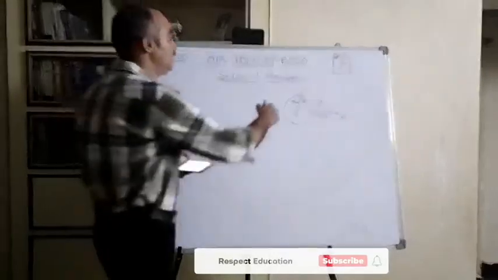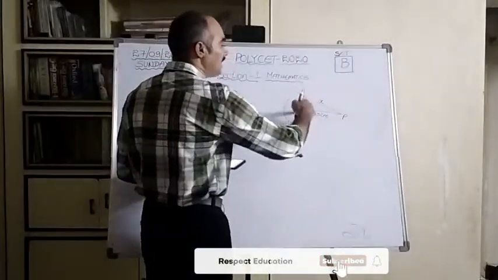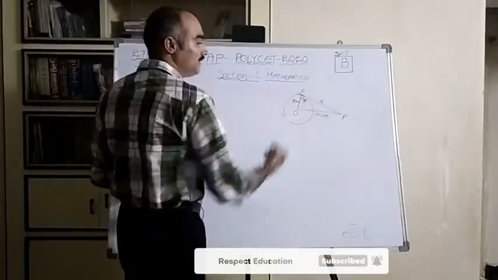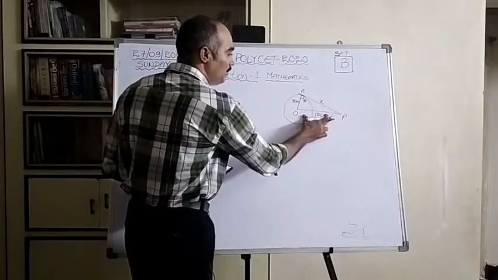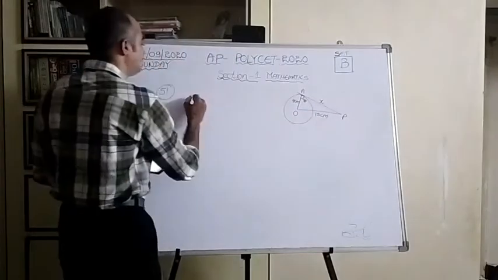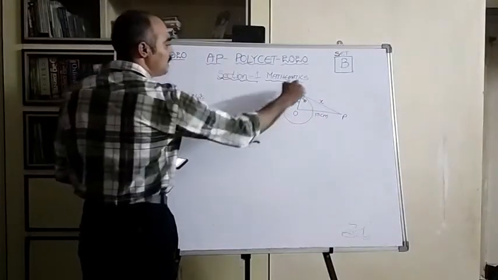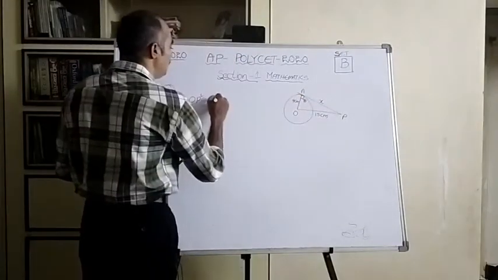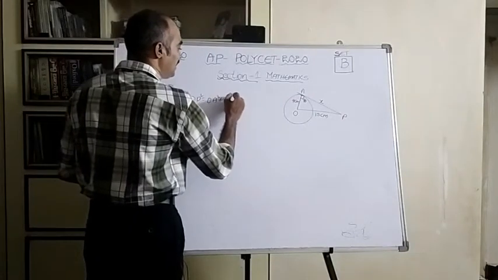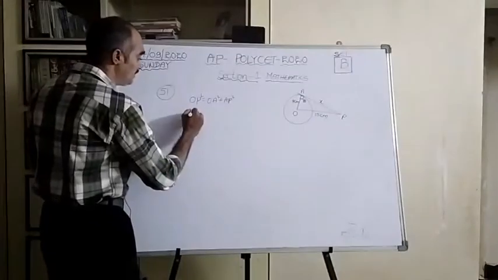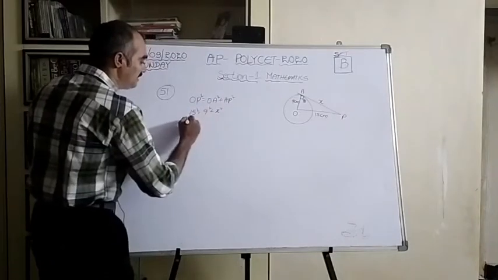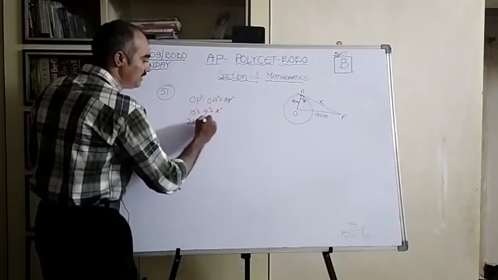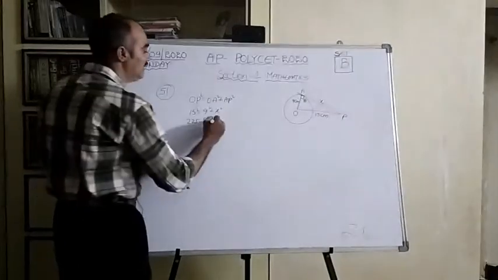Right. So here if you observe, this is a right angle triangle where we can apply Pythagoras theorem, in which opposite 90 is this OP. OP is called hypotenuse. So hypotenuse square is equal to OP square is equal to side square plus side square, means OA square plus AP square. Let us substitute the values here. This is 15 square, this is OA square is 9 square, this is x square, this is 225 minus 81, this is 9 square is 81, and this side it is x square.